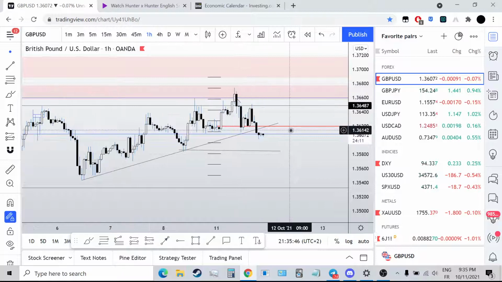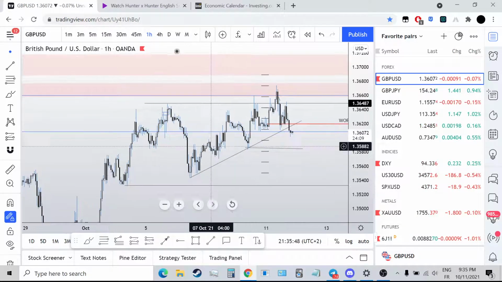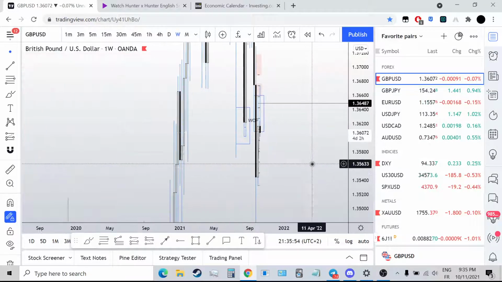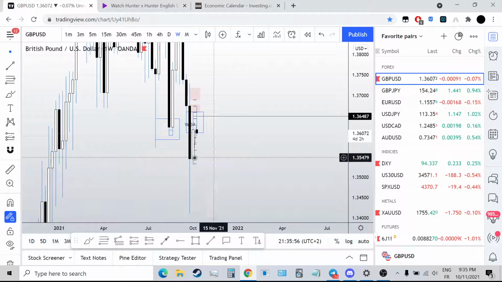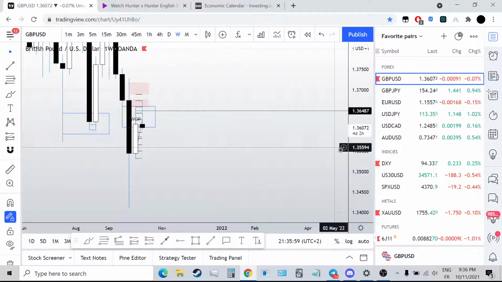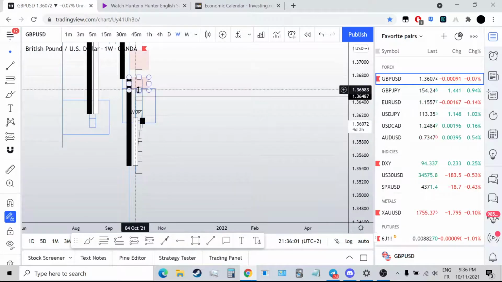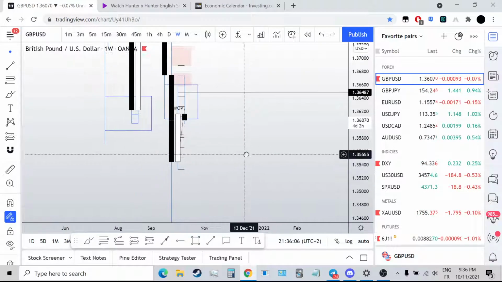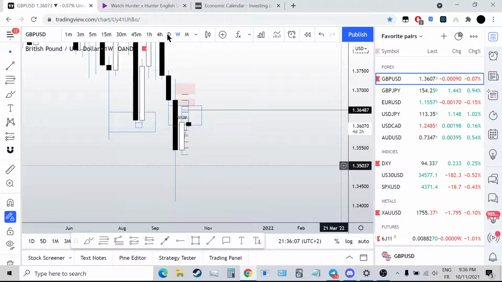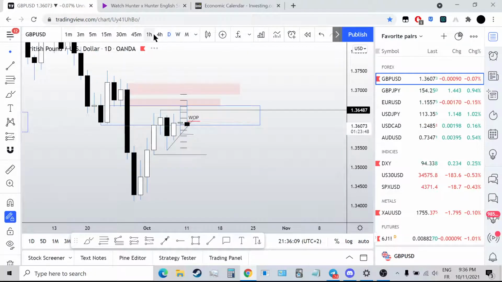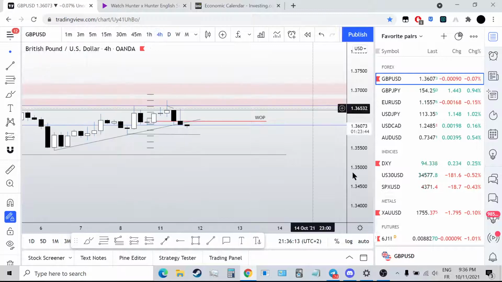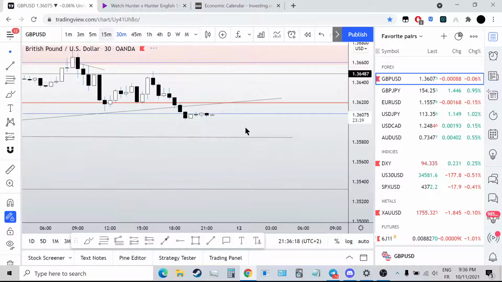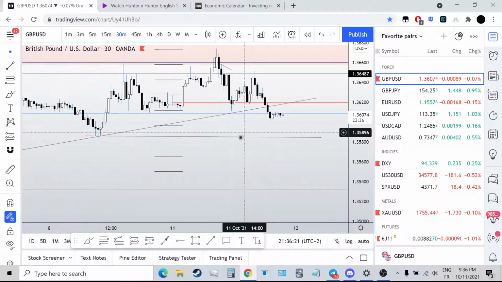But this could be the weekly high already established right there. You can see how the weekly candle already went bearish. We came up higher, took out last week's high, and now we're pushing lower. So our objective could be these lows for this week, possibly, you know what I mean. But we'll see.